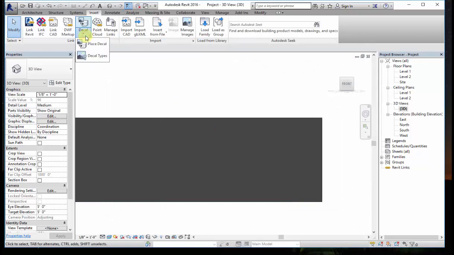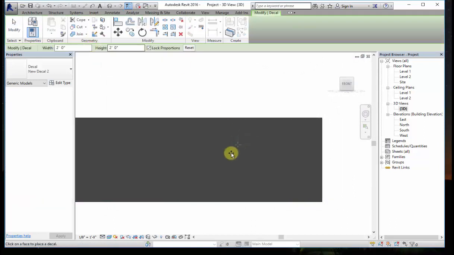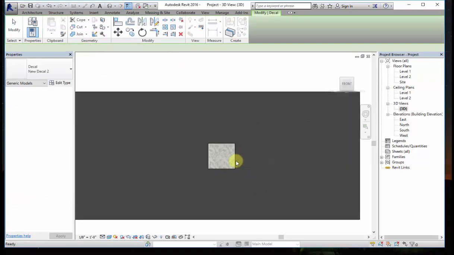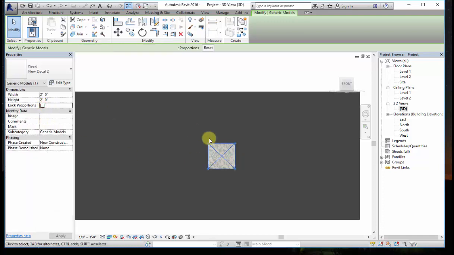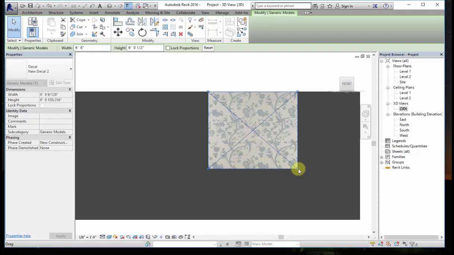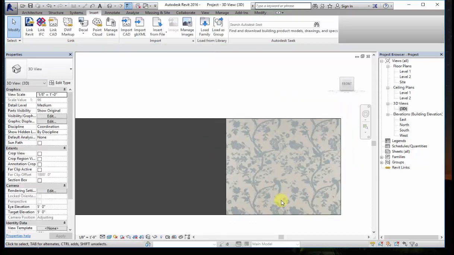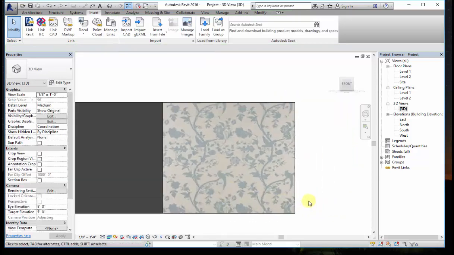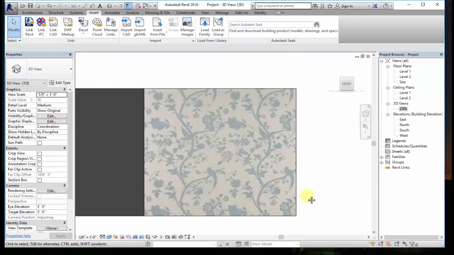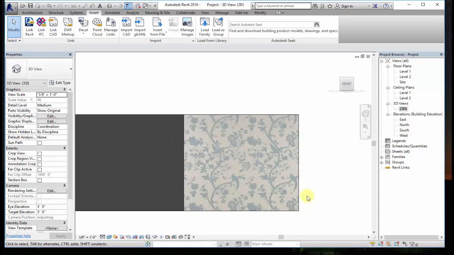Next again drop down decal, click on place decal and place it where it's required. Again you can adjust the image as per your requirement. This is how you'll be applying decals in Revit architecture.